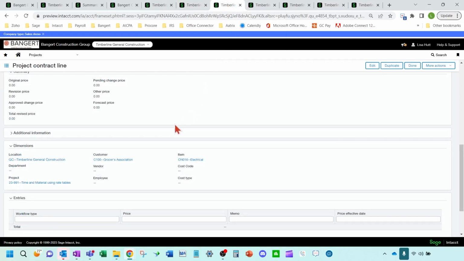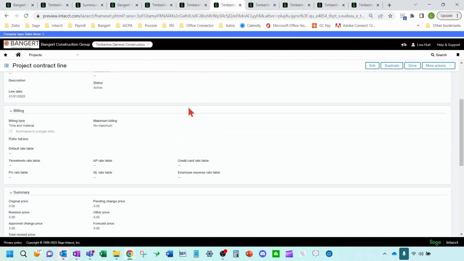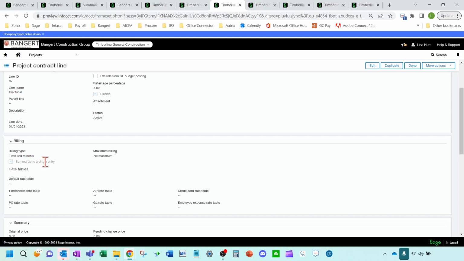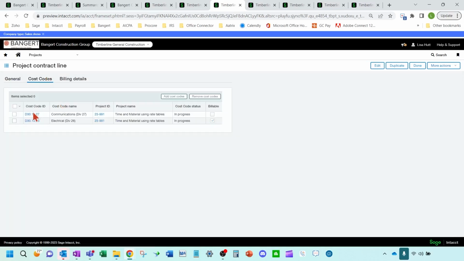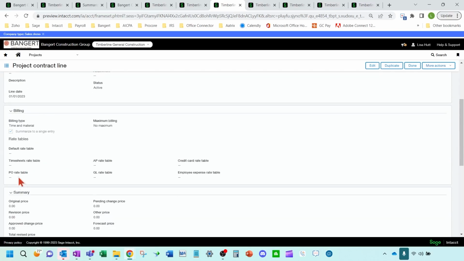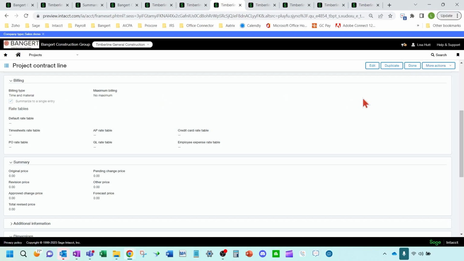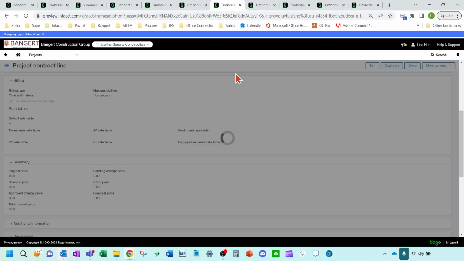The one thing I do want to point out before we do that is I have to say I want to summarize these. If I have 2 separate bills going to 2 separate cost codes, I want to summarize them into a single line item entry into this electrical one as a single total. Then I have to check mark that box. So, just a note there.